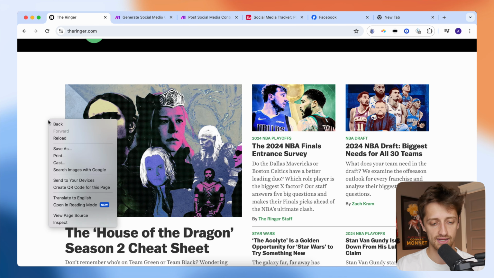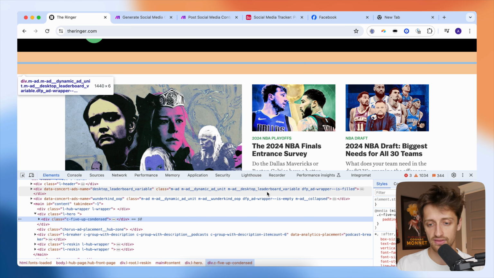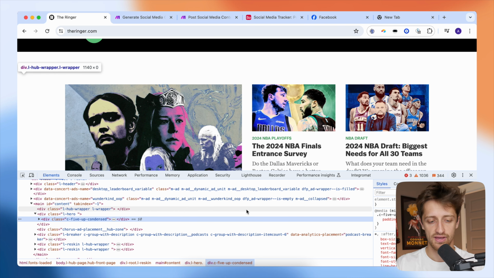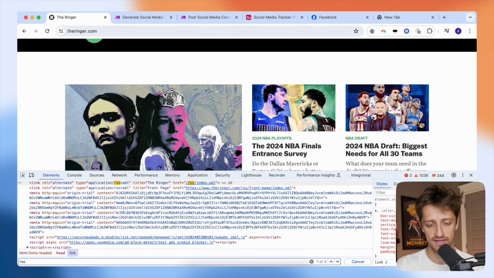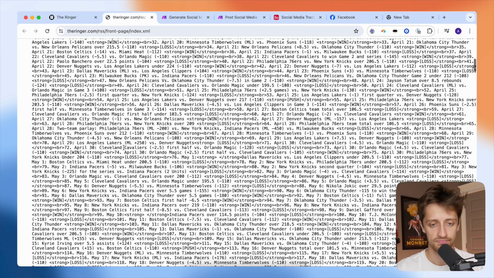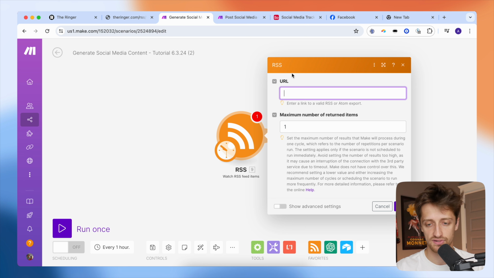You're going to right click and go to inspect. I'm in Chrome, but if you're in Safari, I think you just go to view page source. And then we're just going to Command F and search for RSS, and it should pop right up. We can see right here, this line right here is the Ringer RSS feed. I'll show you what this looks like in a new tab. This is essentially what the RSS feed looks like. Okay, so find that for your site, copy the URL, and then we're just going to paste it right here